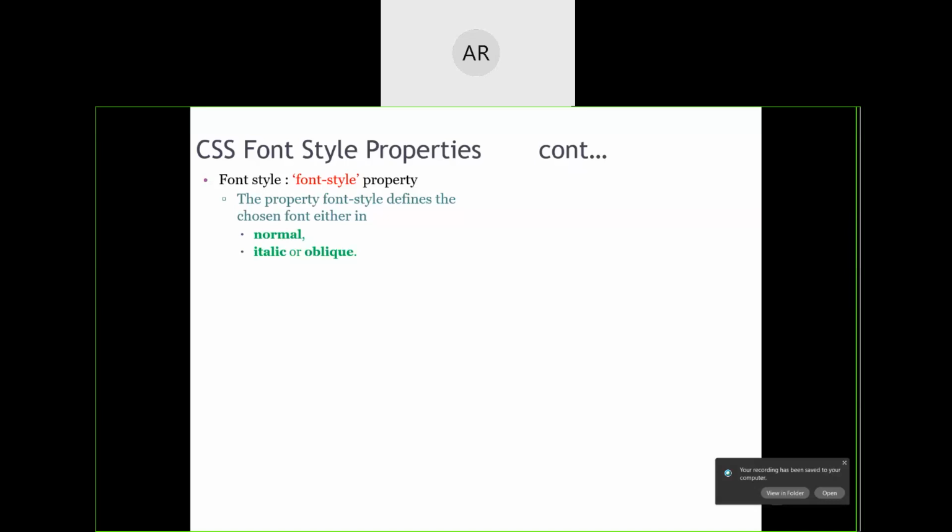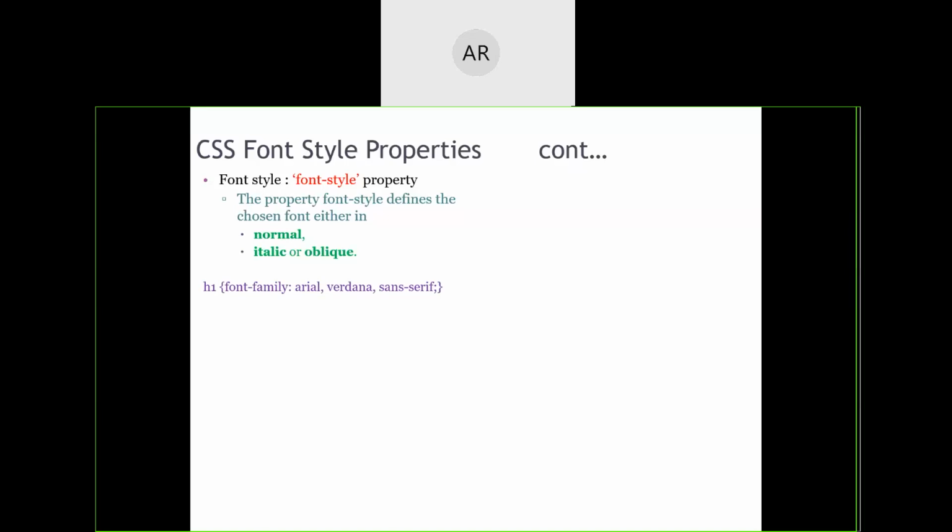But within that look and feel, whether it is Times New Roman or Arial or any other font family, how should that font appear? Should it appear in a normal style, or in italics, or in oblique or slant style, or in bold style? That particular effect will be defined in font style.